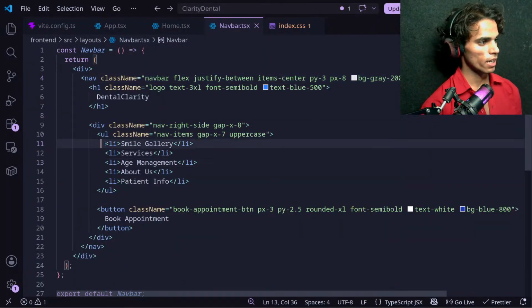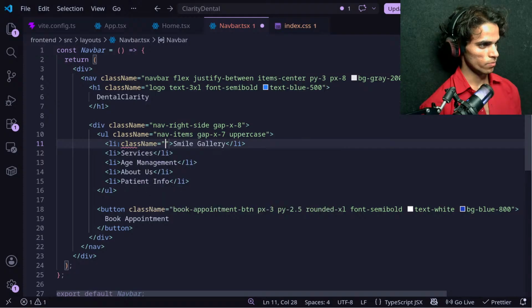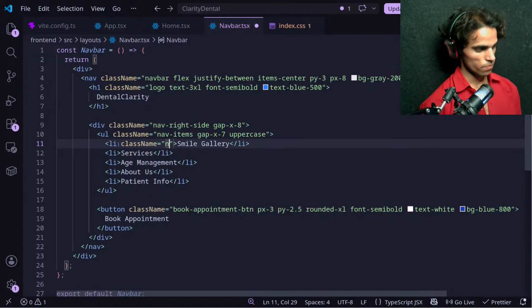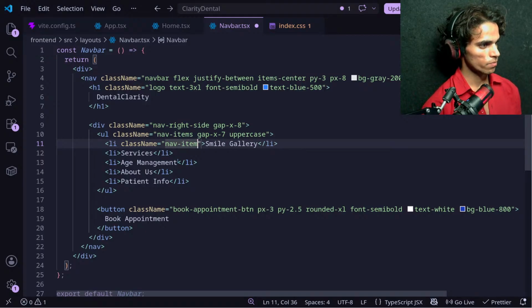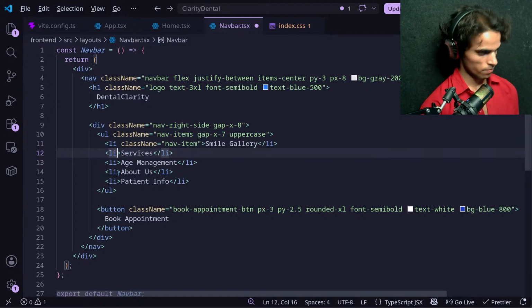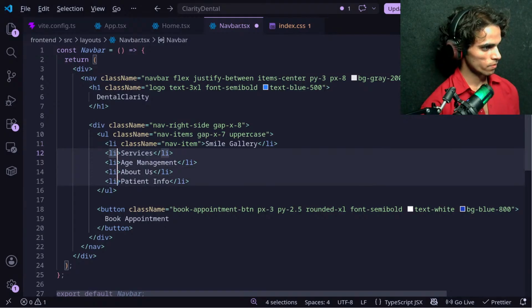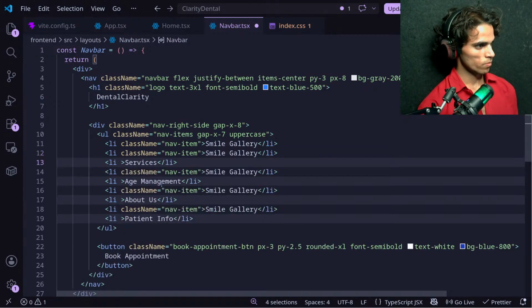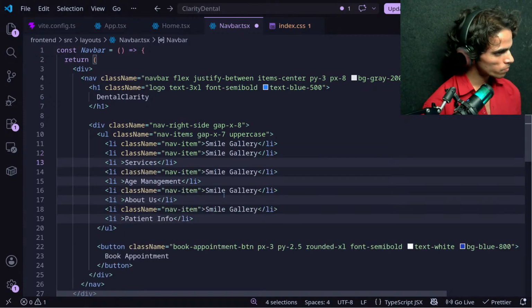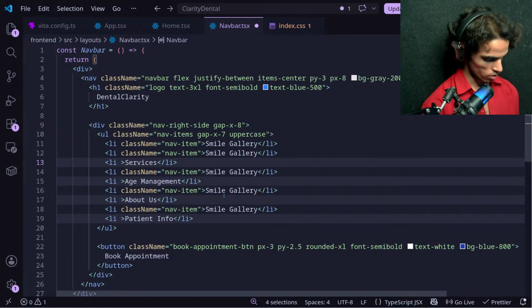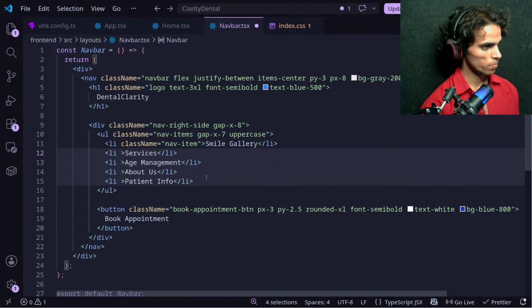And whenever I hover on any of these, let's name the class. I will name this nav item, okay, control Z, sorry, there you go.